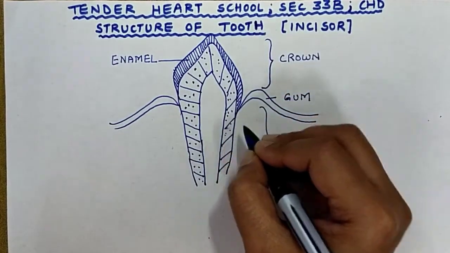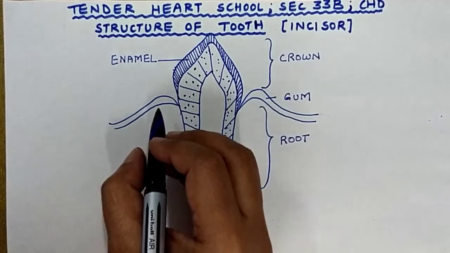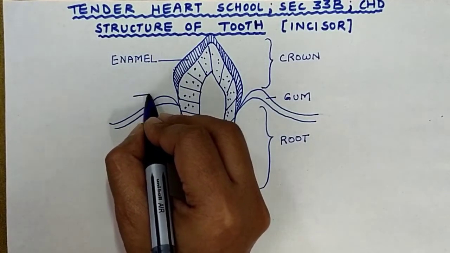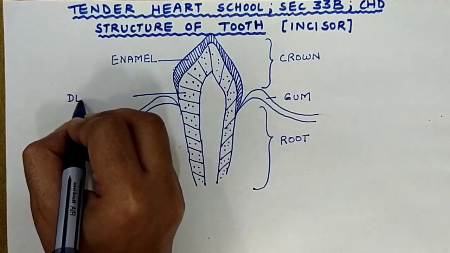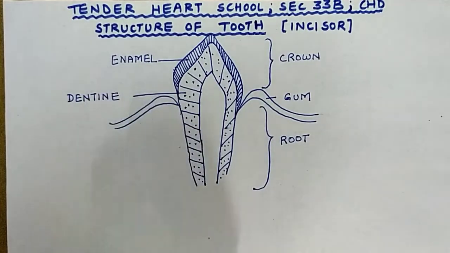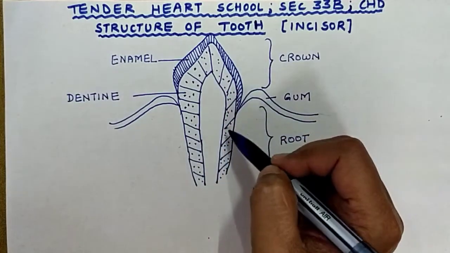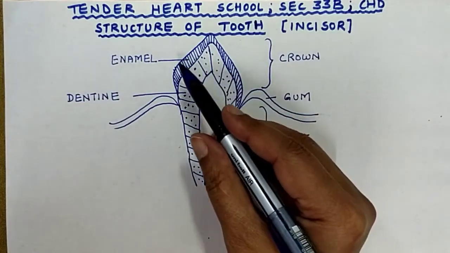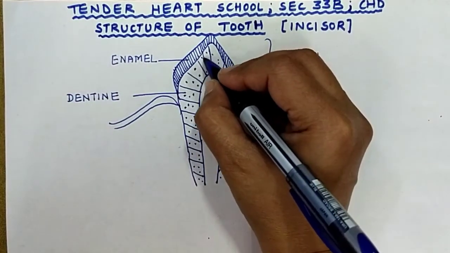Maximum part of the tooth is being formed by this dentine region. So this is dentine. Dentine is harder than bone, but it is not as hard as enamel. Got it? Now this dentine is having